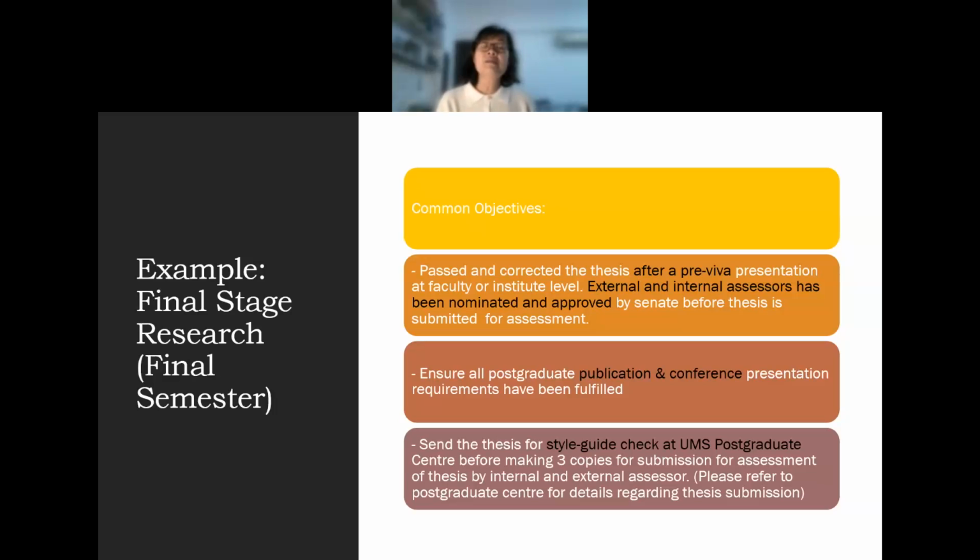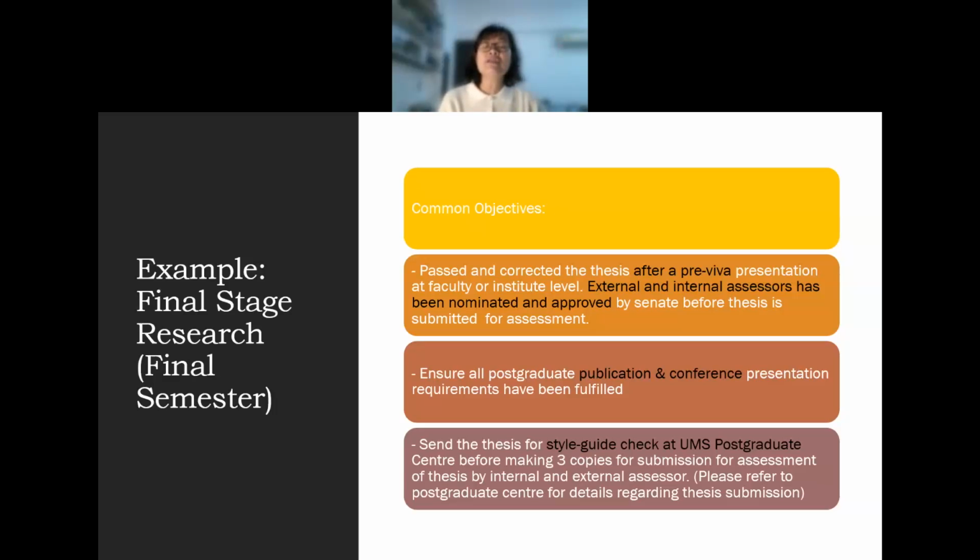So you must remember what you write will be assessed by external. For PhD, you have one external assessor and 2 internal assessors. One external means somebody from outside Universiti Malaysia Sabah, and 2 from inside Universiti Malaysia Sabah.